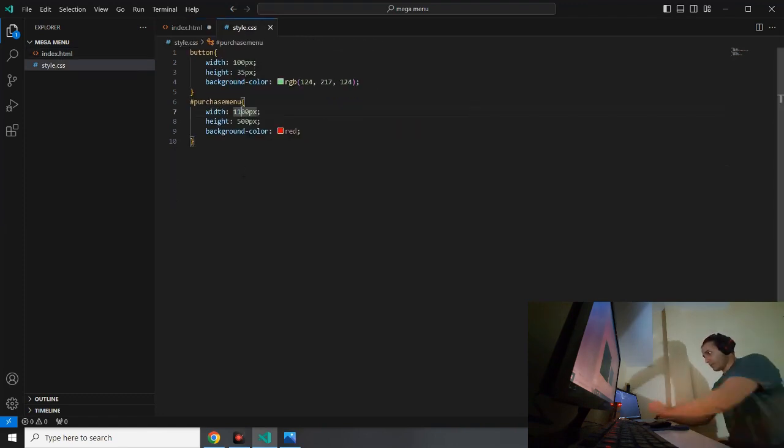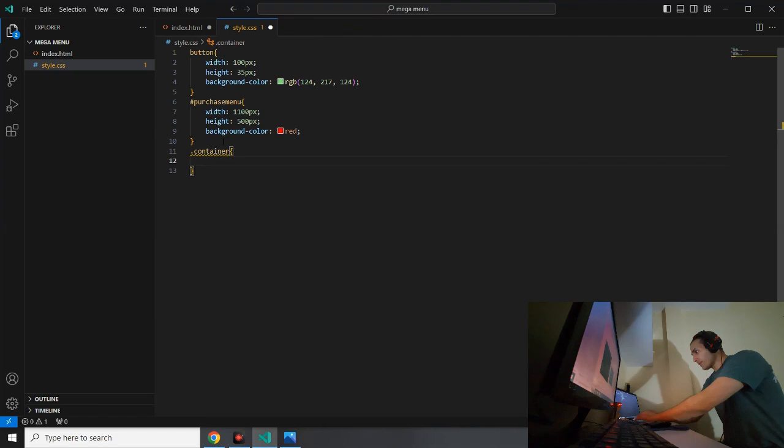We have to go in the guide. The notes that I have in my other computer is only about what is the syntax of using grid, but it's not mentioning how to create a menu, so I'm just going to refer to my notes to see the syntax. Let's say container. Display grid, and